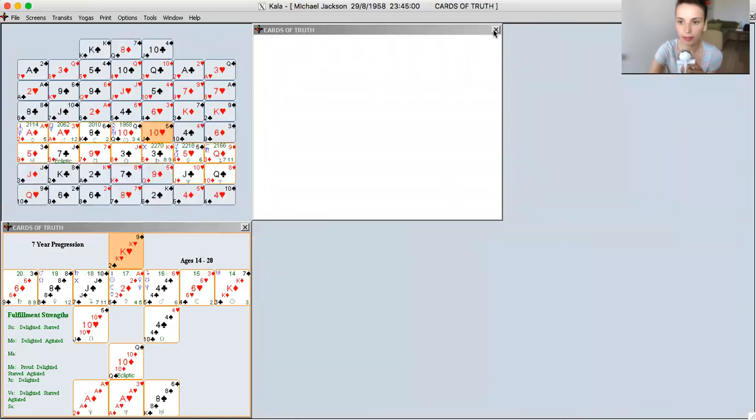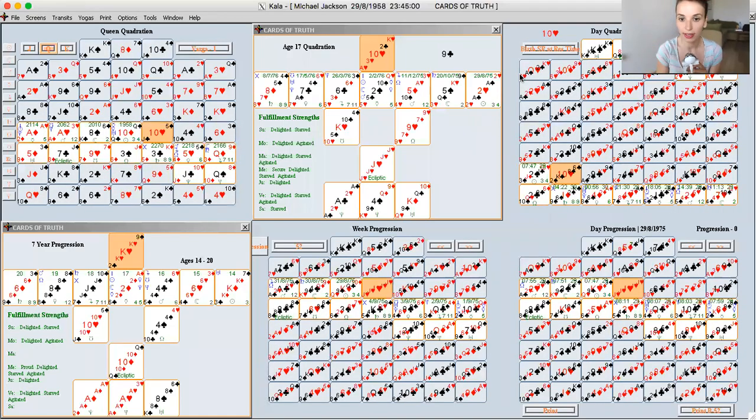So let's see what happened for Michael Jackson at age 17 when he was running this nice Jack of Hearts. At age 17, he and his brothers, who were known as the Jackson 5, decided to change record company. So they went from, you know,